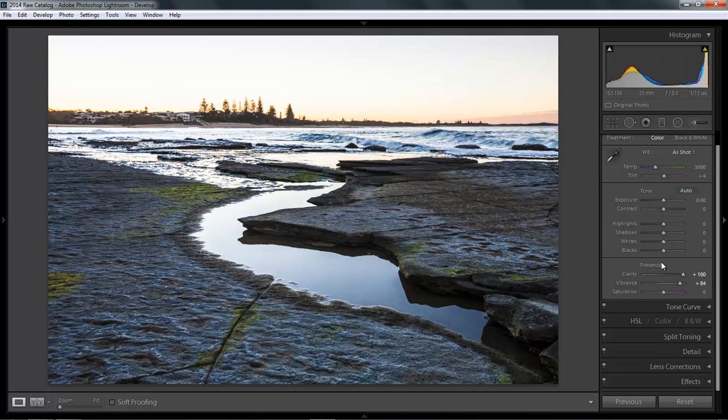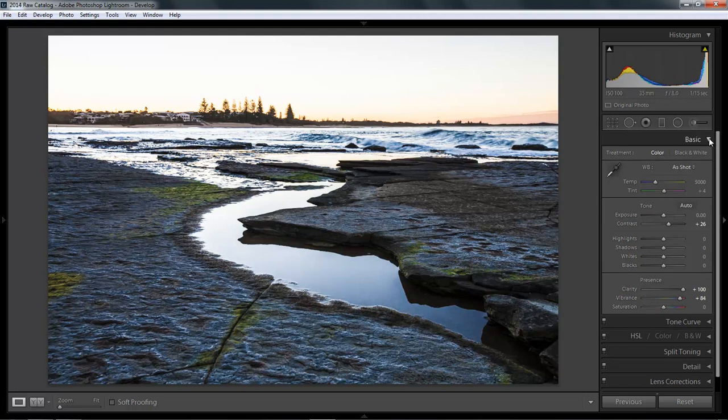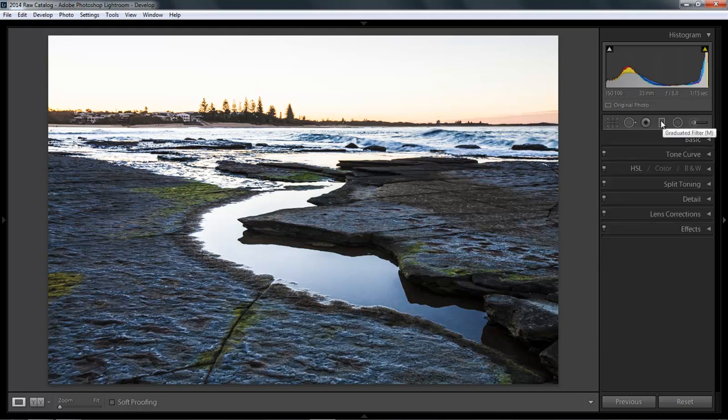If we come back here, I'm looking at the histogram, and we do have a little bit stacking up on the right hand side, but of course we're bound to have that when we look at the top of the image, which we hopefully can do something about with the graduated filter in a moment. Now whether we add any contrast, again I think that's personal choice, but other than that I think I'm reasonably happy. So what I'm going to do for the moment is just close the basic tab down and select my